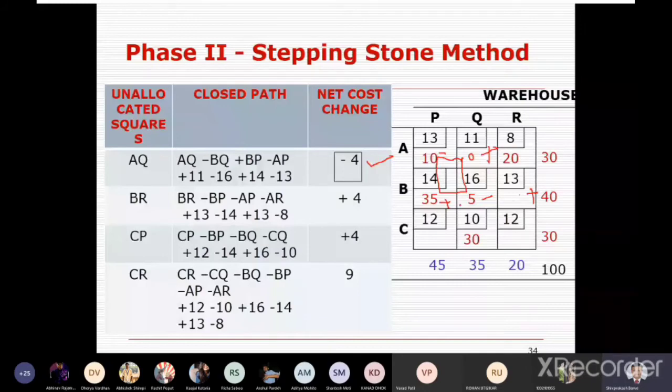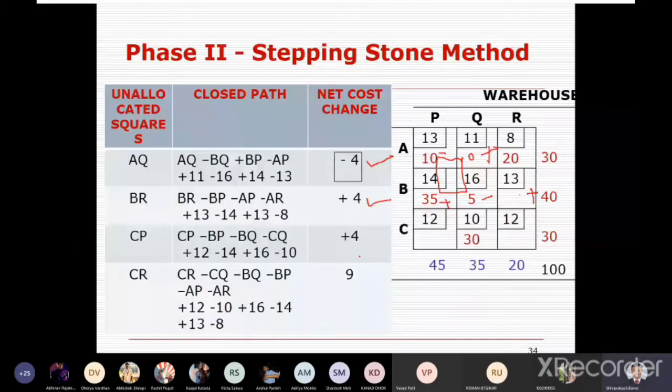So here 5 is coming in between, and don't consider that, only consider the corner values like this. And again with this sign, that is plus minus, here it is plus and here it is minus. Use same signs for calculation of the cost. And here if we take the total of all this cost, it comes to plus 4. Means here there is no chance to improve the solution.